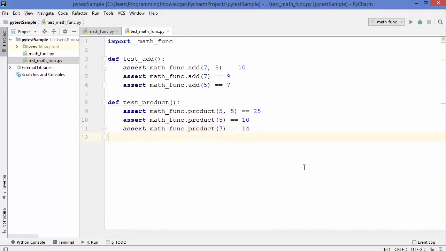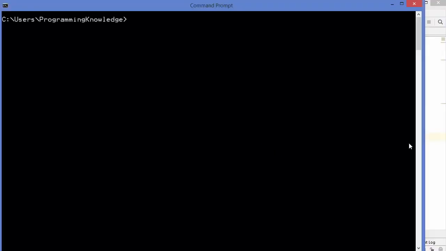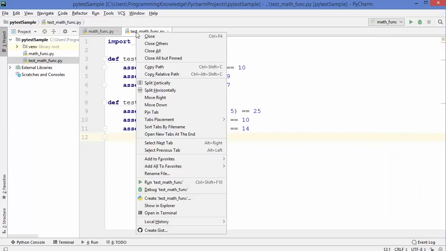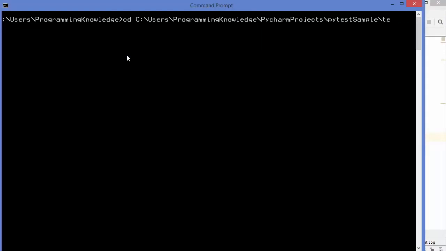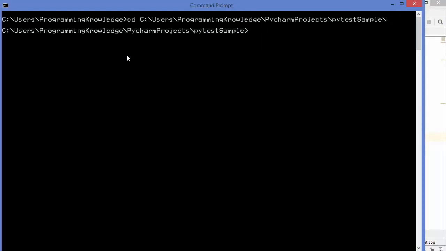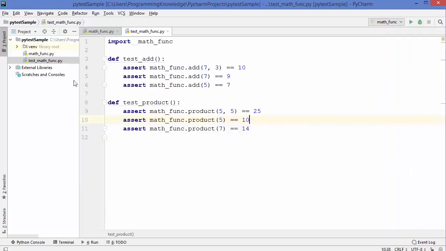So once we have written our unit tests, let's try to run these tests using Pytest. So first of all, I need to go to the directory where this test script is there. So I'm going to just copy the path and then go to the terminal, and I'm going to cd to this path which I have copied, and let me just remove the script name from here and then press enter. So now I'm in the folder where my math_func.py is there and